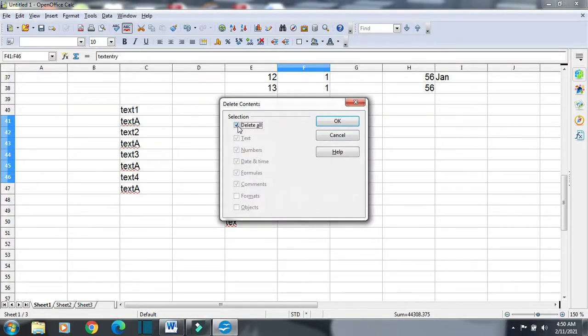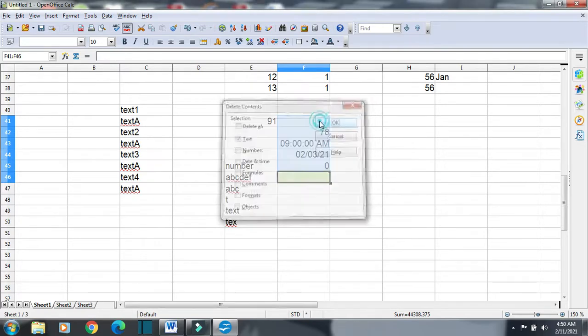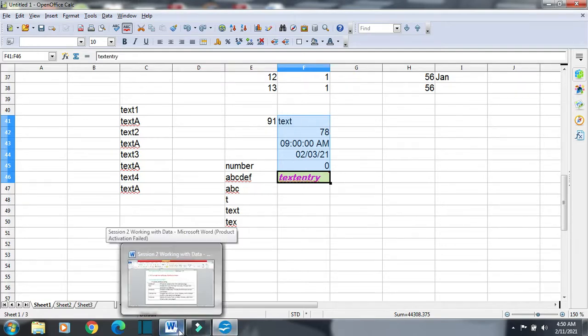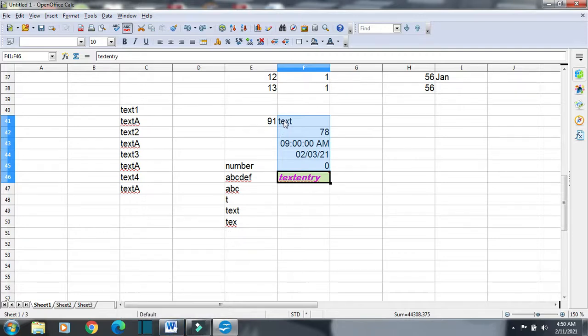Here it will ask me, I will just deselect it, and then I will go for text only. I just want to delete text values from here. You can see the text values got deleted. Other things remained as they are. Both of the text values got deleted.